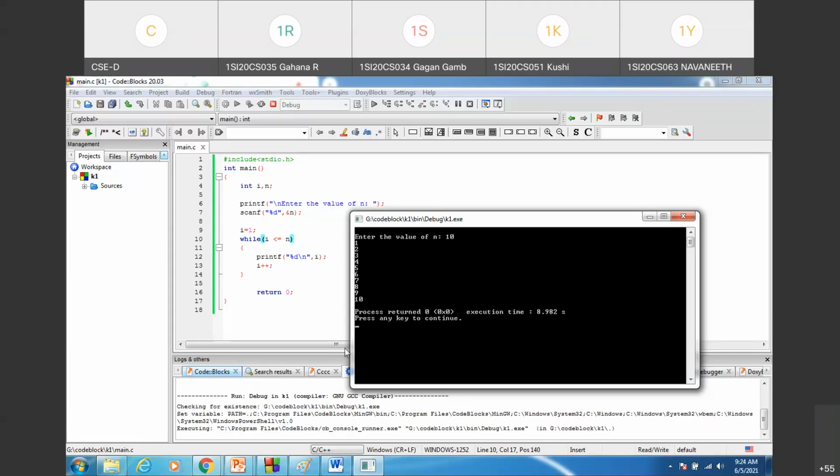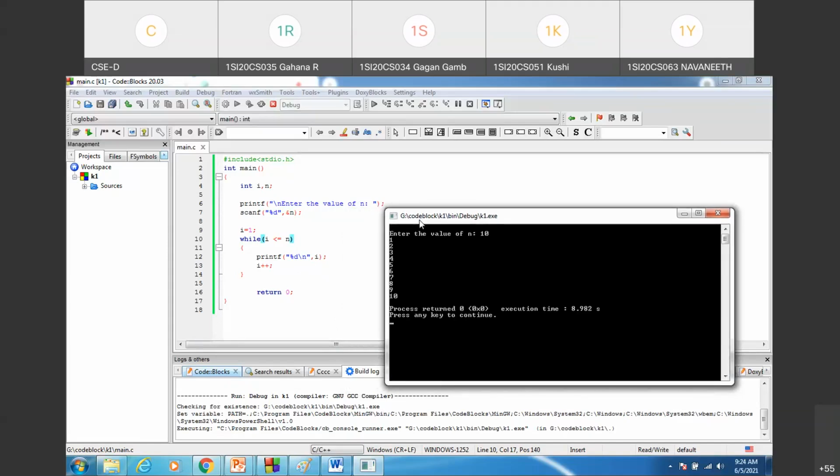But here we are trying to read the input during execution time. For that we have taken an additional variable n. We have read its value during execution time through the scanf statement. And in the test condition part, we have replaced 5 by n. If you execute this program, as soon as you execute, you'll first get the message "Enter the value of n". Any value you want, you can give as input. Those many natural numbers will be printed, starting from 1. This is how you can modify the program.